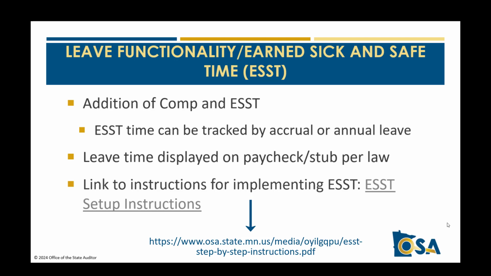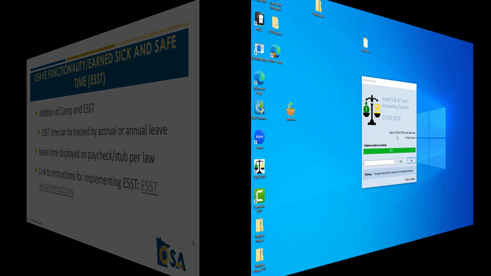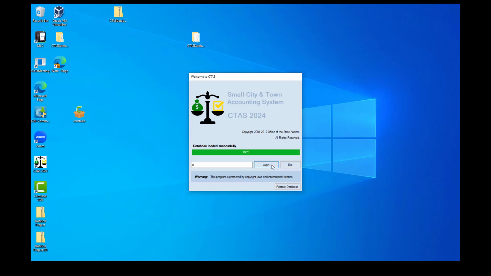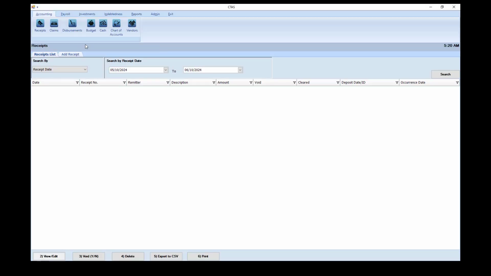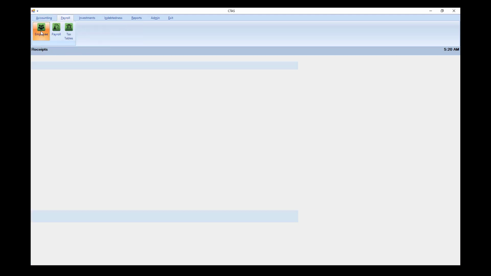Now let's go to CTAS and look at how to activate the leave functionality and earned sick and safe time. Open the City and Town Accounting System, CTAS, program. Once open, go to the Payroll tab on top and the Employee icon.